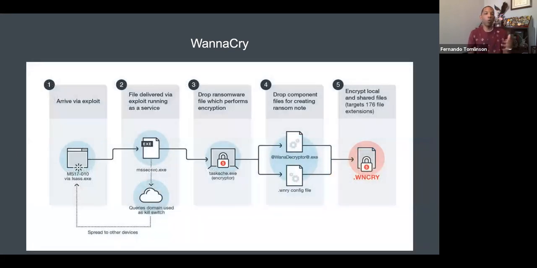All right, so WannaCry, breaking it down, MS17-010 is EternalBlue. Taking advantage of SMB v1, they're able to access the machine. They set up a fake process. This fake process downloads a number of other things, and then essentially the data on the machine is going to be encrypted. It's going to end in .WNCRY for WannaCry.